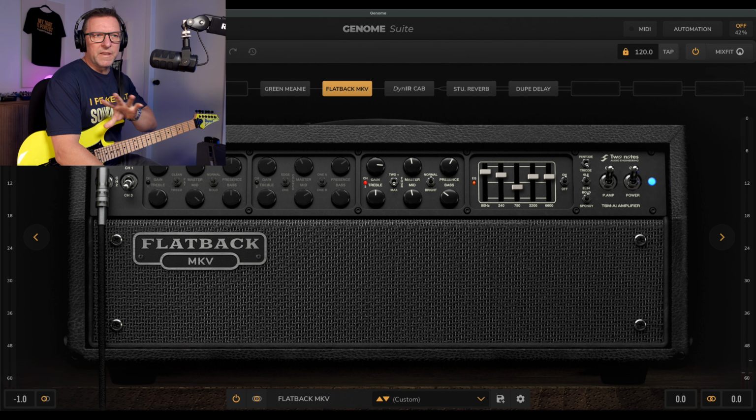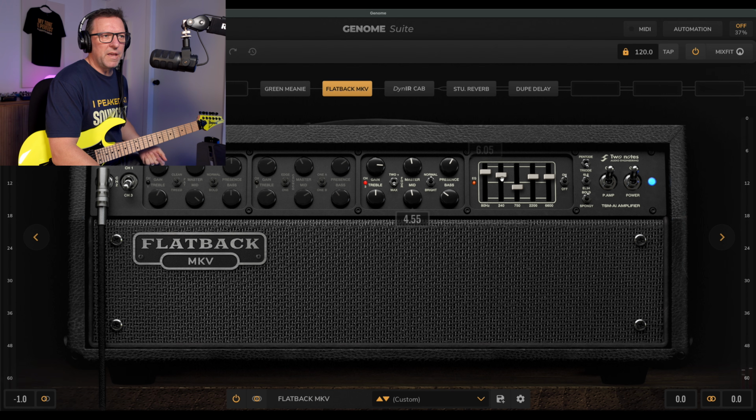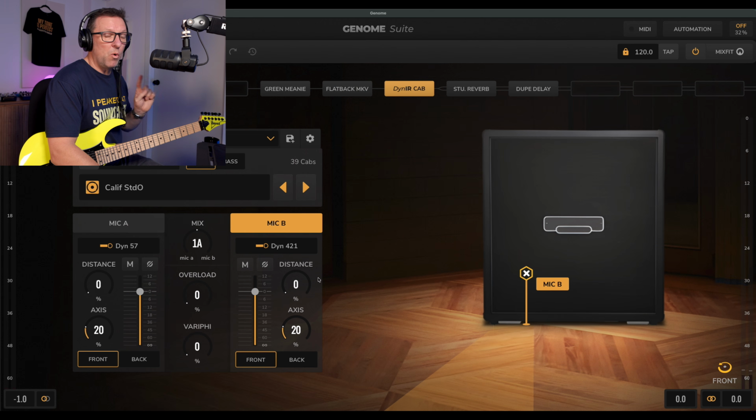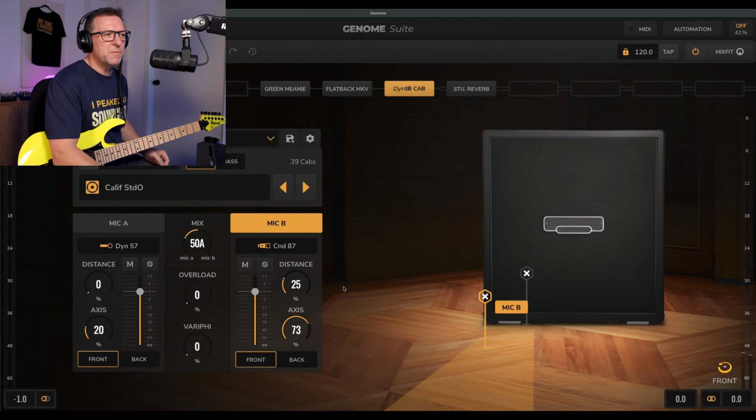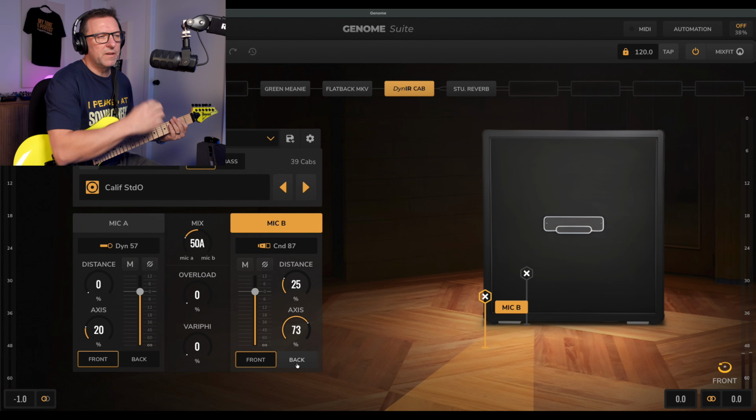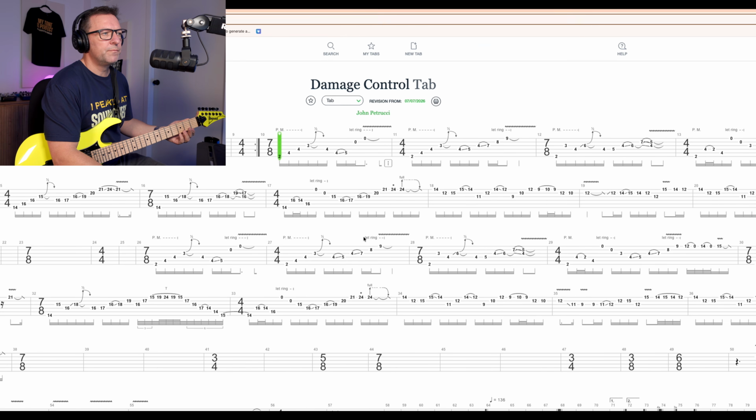I actually prefer this one. I think it's a little bit smoother sounding, but you can change that very easily just by playing around with the EQ, playing around with the cab. One of the things I noticed actually, if I just go back to my Damage Control rhythm track, I was playing around with using a mic on the back of the cab, because when you listen to the start of, I think it's Damage Control,